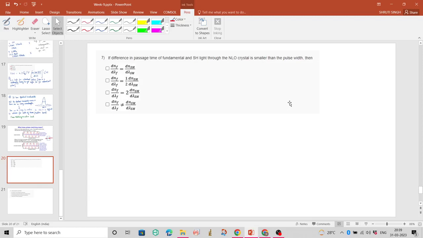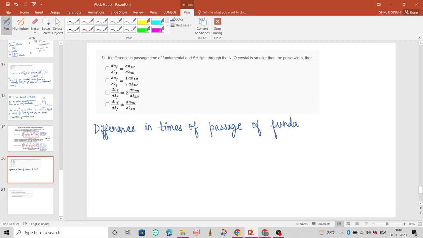The difference is given by delta t equals 1 upon c